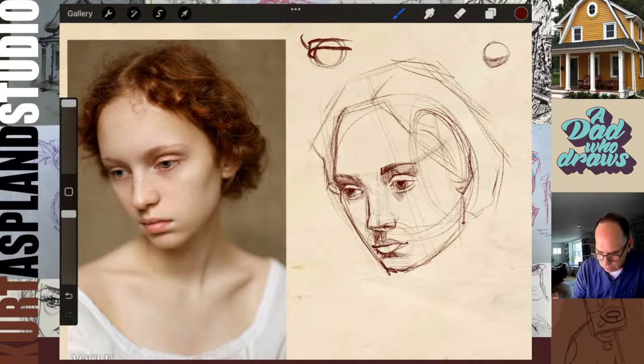So first thing, I'm going to draw the outside silhouette or shape of it.